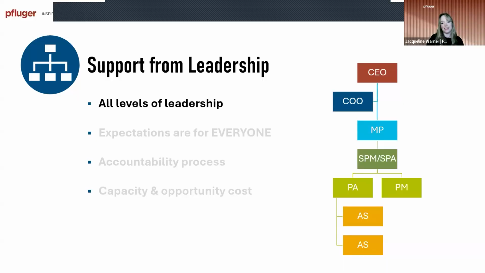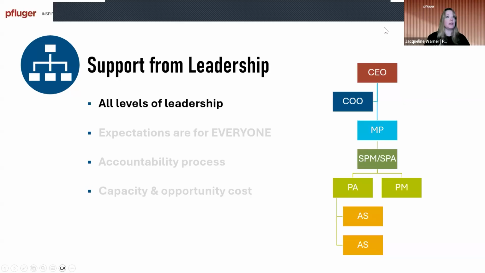So a big thing, you need support from leadership. And most people think, oh, that's the owner of the company or the board of directors, that top tier of leadership. So in our case, the CEO, the COO. Really what we discovered is it's every single level, because the CEO, if they're on board, that's awesome. That's your first step. But then by the time it trickles down and you get all the way down to